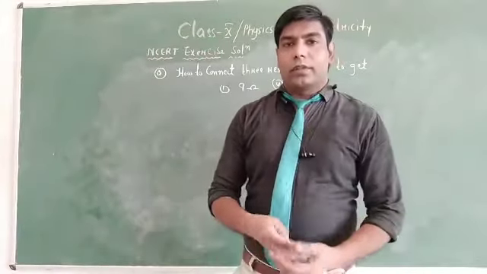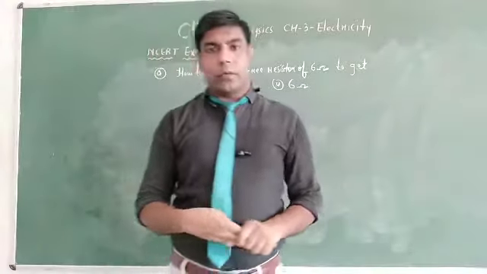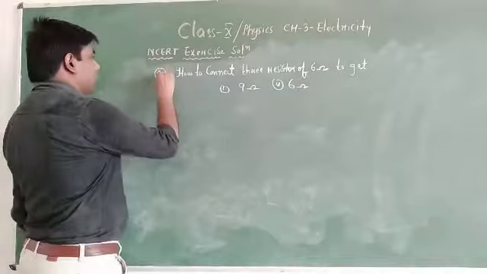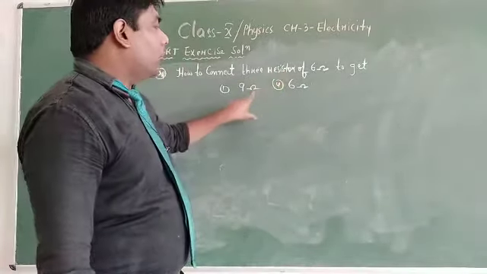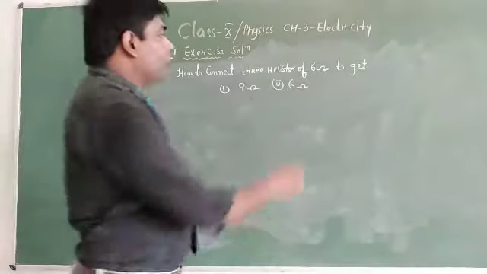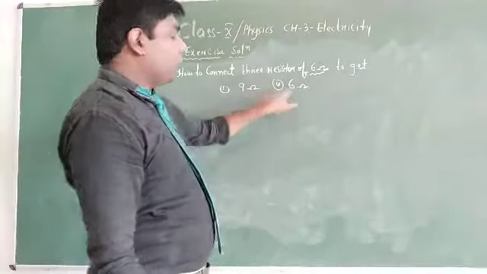So, we are discussing the NCERT exercise questions. In previous classes, we have discussed question numbers 1 to 10, right? So, question number 11. It says that there are 3 resistors of 6 ohm each. How to connect them to get a total resistance of 9 ohm and, in the second case, 6 ohm? Means you have to use three 6 ohm resistors to get 9 ohm and another is 6 ohm.